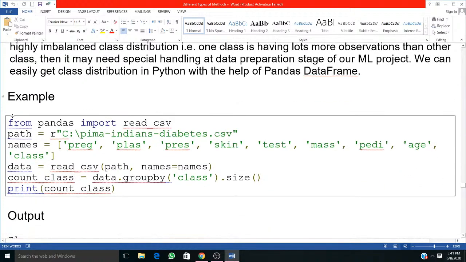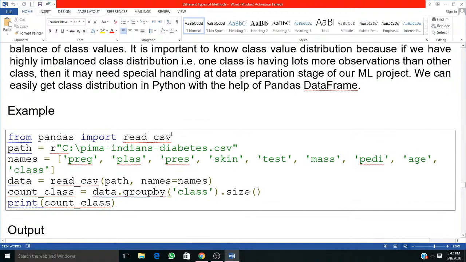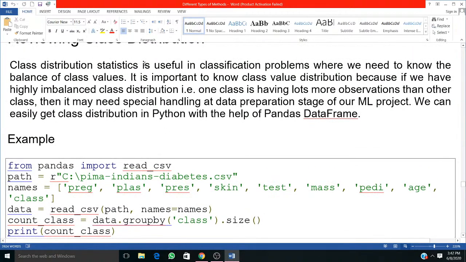Example, from pandas import read_csv. As I told you, the class distribution is a statistic used for classification problems. It means the class distribution is the same as the classification we do for ML purposes, where we try to set the data into different classes so that it is easier to understand